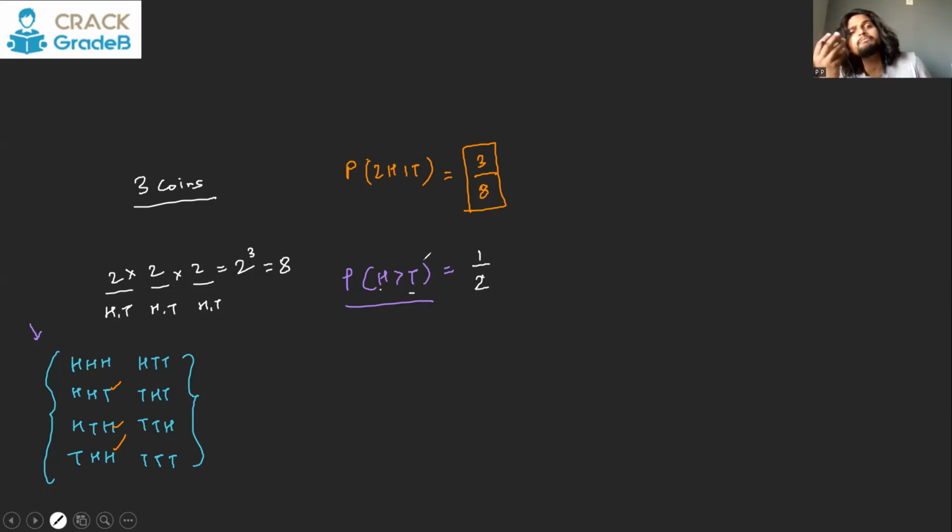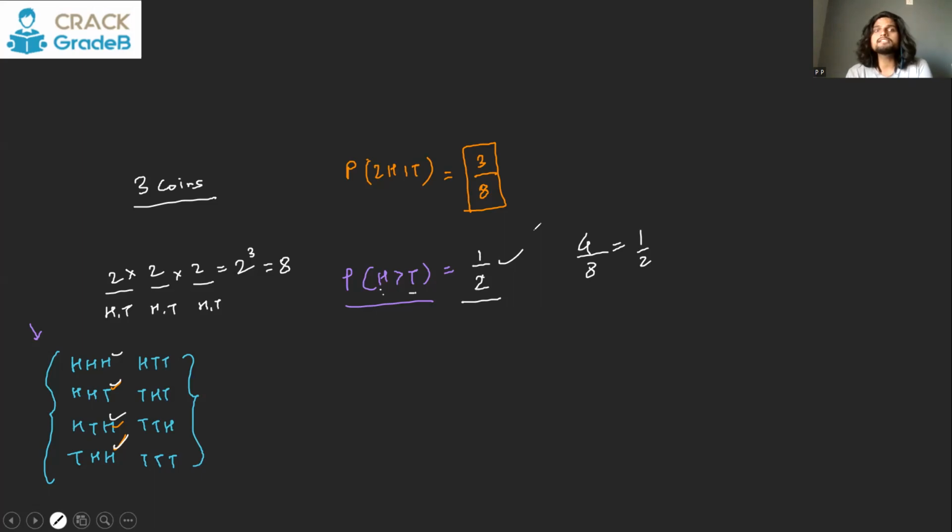Even if you can't write this out or can't understand the question, if you think like this, there has to be the law of natural symmetry, and you can deduce your answer directly. Or you can just go through the sample space. You want the probability where heads are greater than tails. Out of total 8 cases, there are these 4 cases, 1, 2, 3, and 4, where the number of heads is greater than the number of tails. So the answer is going to be half.